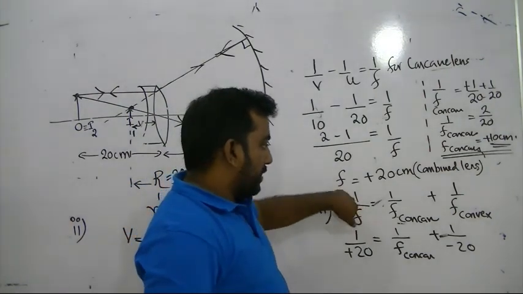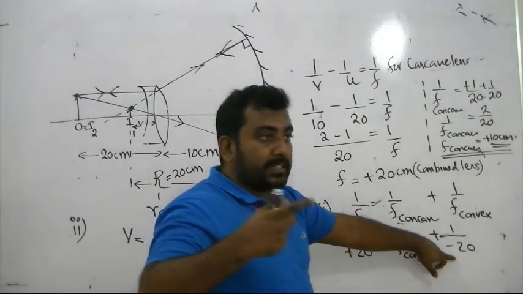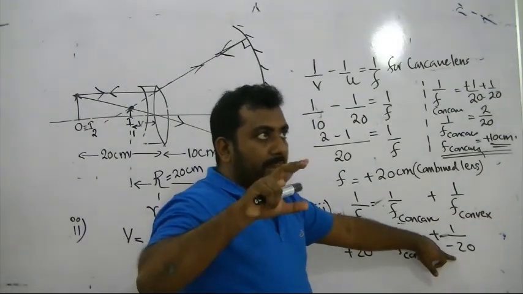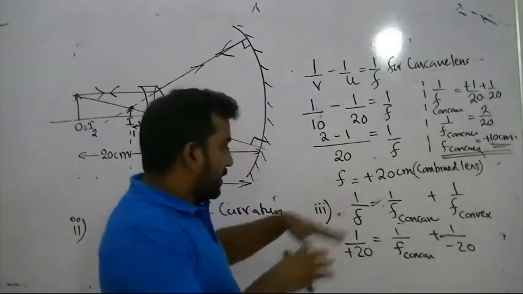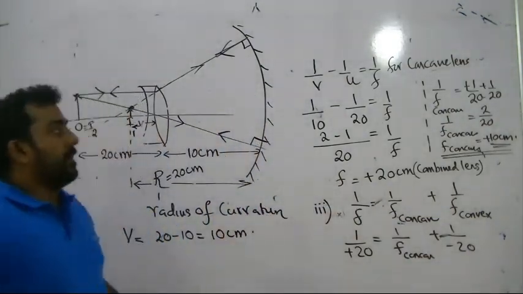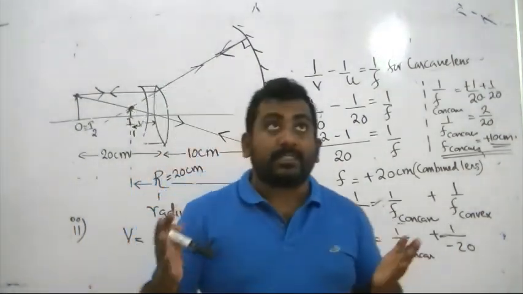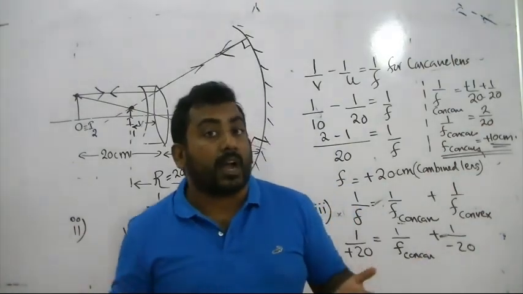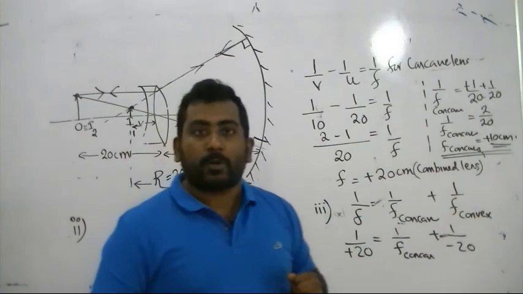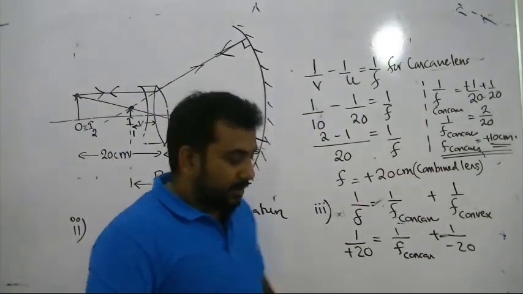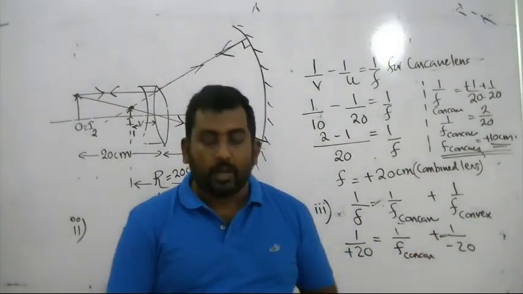Once you know the focal length of the combined lens, and the convex lens focal length is given, convex is minus, don't forget. Concave focal length plus, convex minus. Put the sign convention. Simplify. We can find the focal length of the concave lens. Okay? So don't say mirrors are not there, so therefore I can't do it. Mirrors are taught in O levels, so you should be able to negotiate this problem. Okay. That concludes the 1995 structure 3 optics question.